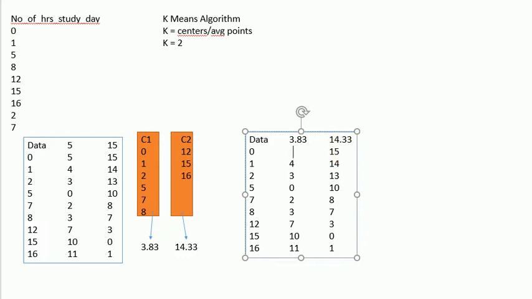Okay, now if we see 3.83, the distance from 0 remains the same, 3.83 only. So we will write it here as it is, that the distance is 3.83, and with 14.33 it will remain 14.33 only. Now the distance from 1 will become 2.83. Similar way, from 2 it will become 1.83. From 5 it will become